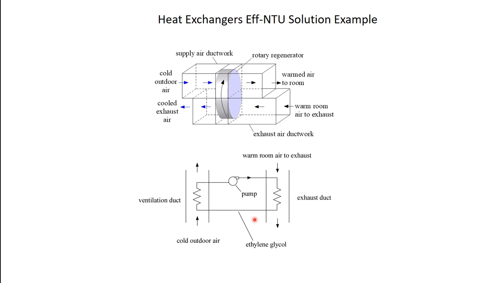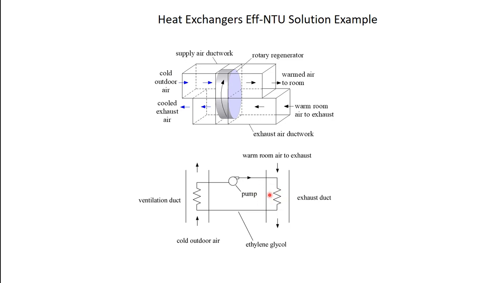And so if that's the situation, then another system that you could consider for energy recovery is what's called a runaround loop. So a runaround loop is basically a loop that consists of two direct transfer heat exchangers. So this is my loop. I have a conventional, probably a cross-flow heat exchanger sitting in my ventilation duct. I run ethylene glycol through that heat exchanger. And then I run it back through, using a pump,